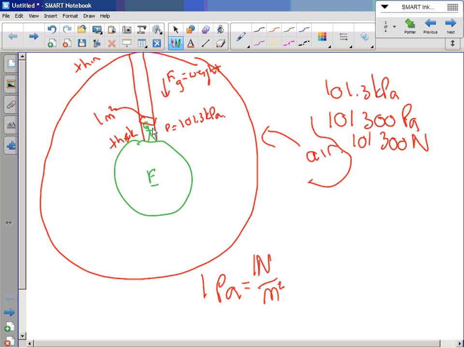Now, we don't sense this because humans have evolved in the gravitational field that is down on the surface of the Earth, and we've evolved with this air always around us. So we are just simply accustomed to this huge pressure of the air that's piled up on top of us. But we can sense when we go to an area where there's less pressure. If we get into a plane and we fly to a location that is higher in the air, so let me get my plane here.